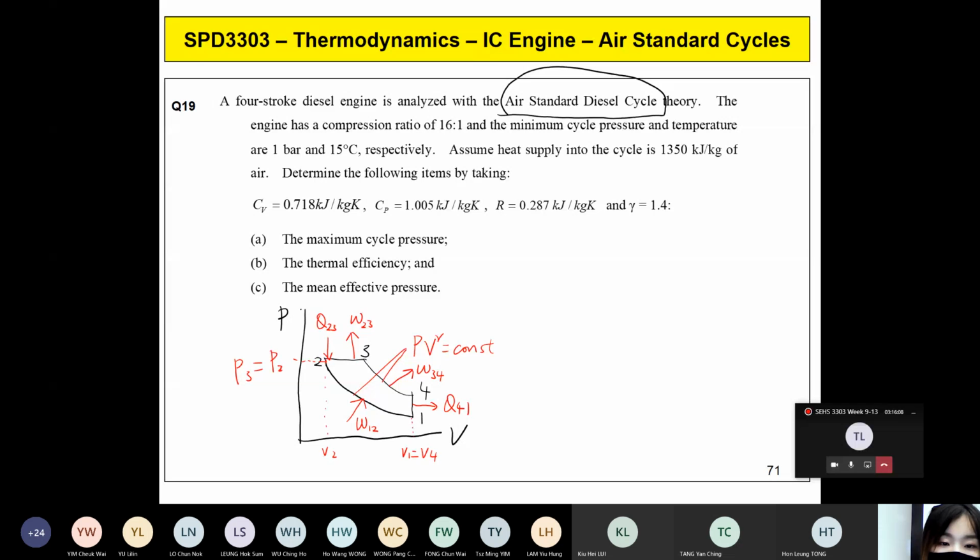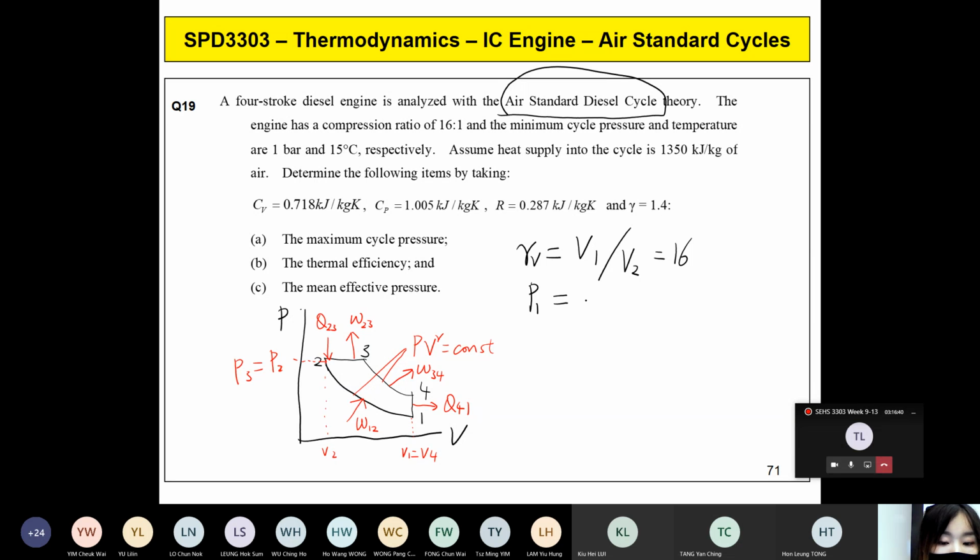First, compression ratio, rV equals V1 over V2 equals 16. Minimum cycle pressure. What's the minimum cycle pressure? Try to find the minimum cycle pressure in your PV diagram. That should be